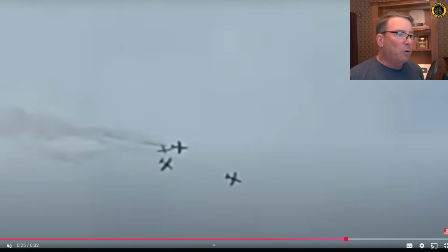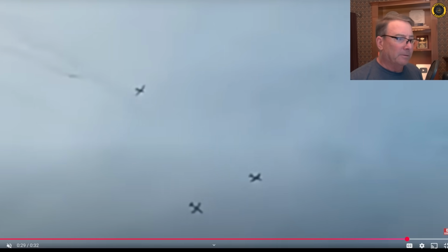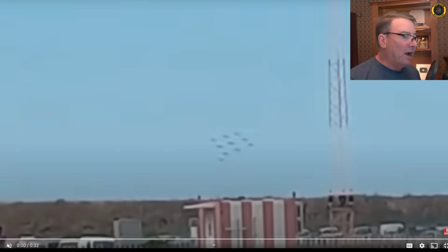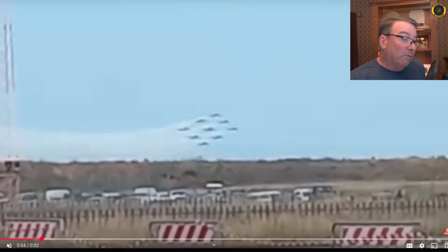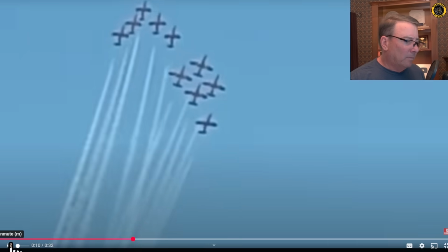And 1, 2, 3 aircraft come in contact right behind the lead aircraft. Miraculously, all 3 of them are able to recover the aircraft without ejecting, though 1 aircraft went off the runway and 1 pilot did suffer a broken leg. So right here, they're inverted